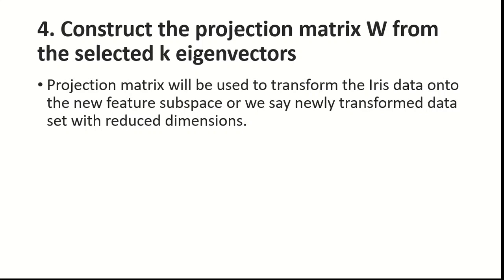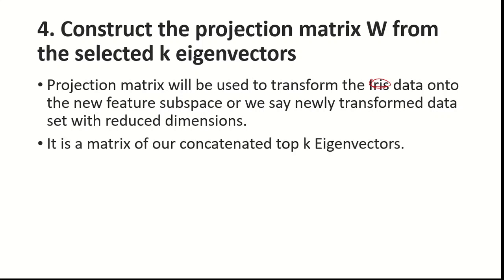Construct the projection matrix W from the selected k eigenvectors. So these projections can be represented in the form of a matrix, that is W. The projection matrix will be used to transform the data onto the new feature space, or we say the newly transformed data set with reduced dimensions. It is a matrix of our concatenated top k eigenvectors,